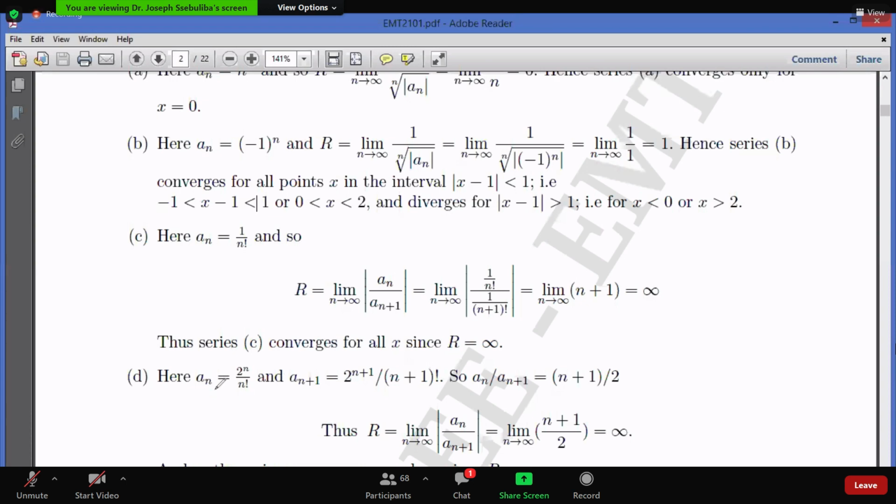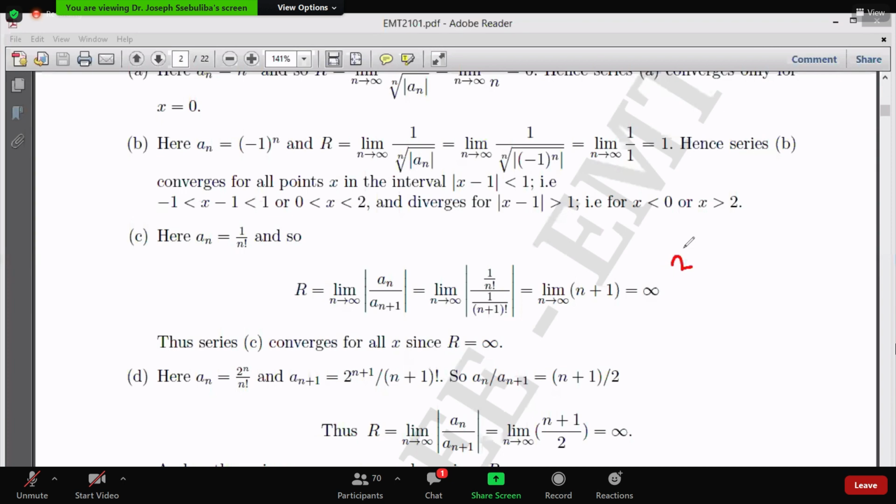Since an is this, then an plus 1, because we need to substitute the denominator, an plus 1 will be 2 to the n plus 1. We add the 1 there. I think Mr. Cheng, you are now with me. This is exactly what we did. Then in the denominator, you also add 1. So how do you simplify this? This is an over an plus 1. So we have an, which is